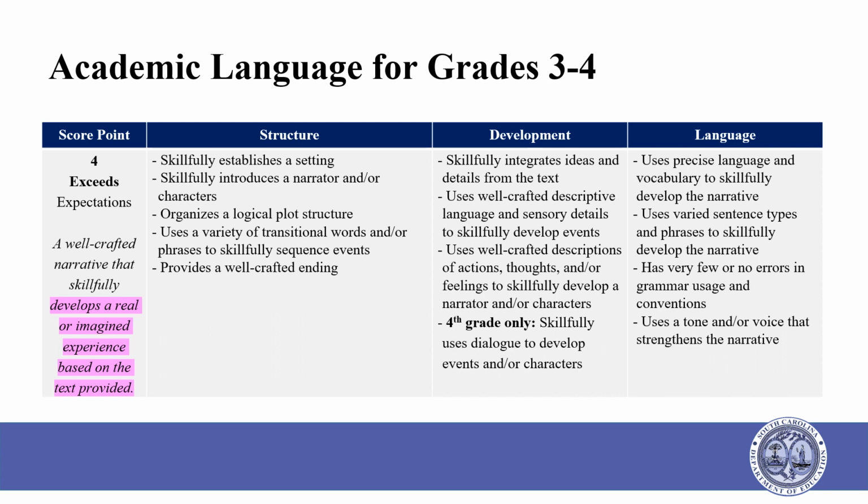Refer to your indicator template handout for grades 3 and 4. As we highlight the words and phrases in the rubric, compare them to what you highlighted or underlined in the grade level indicators. Something we need to note again is that the rubric is written for summative assessment and the indicators are written for instruction. Because of that, there may be a few minor differences between the two. One instance is the use of transitional words and phrases instead of temporal, as used in the 3rd grade indicator. Temporal is a category of transitional.